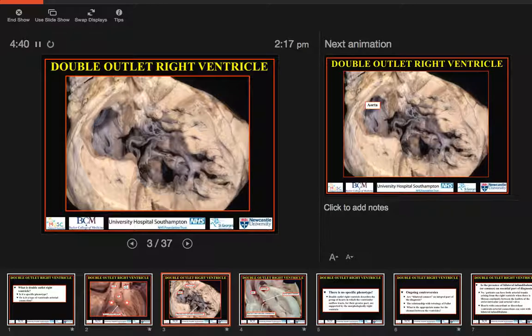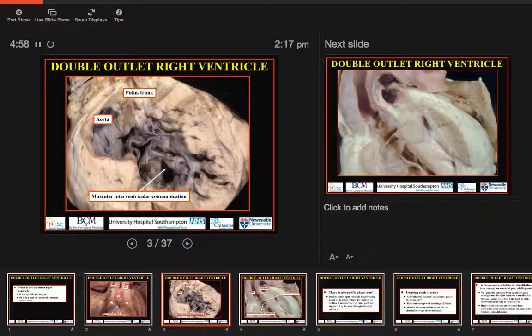But this is another very unusual type of double outlet right ventricle with interventricular communication. Because again, you see the aorta with a subaortic infundibulum. You see the pulmonary trunk with a subpulmonary infundibulum. And there is an interventricular communication, but it is opening to the inlet of the right ventricle. And we presume that initially there had been another communication there, but it is closed. So totally different phenotype, double outlet right ventricle with muscular